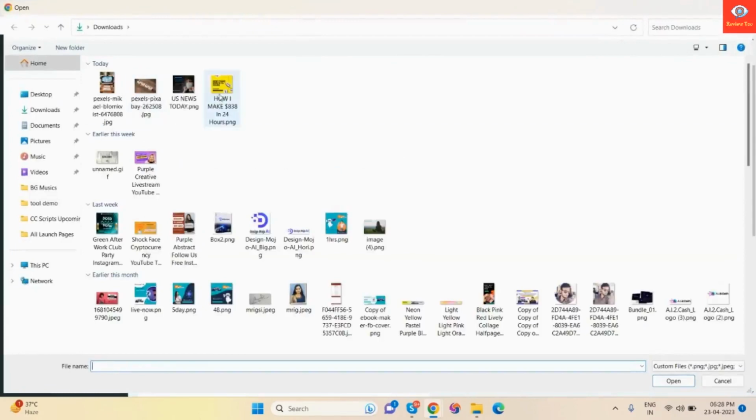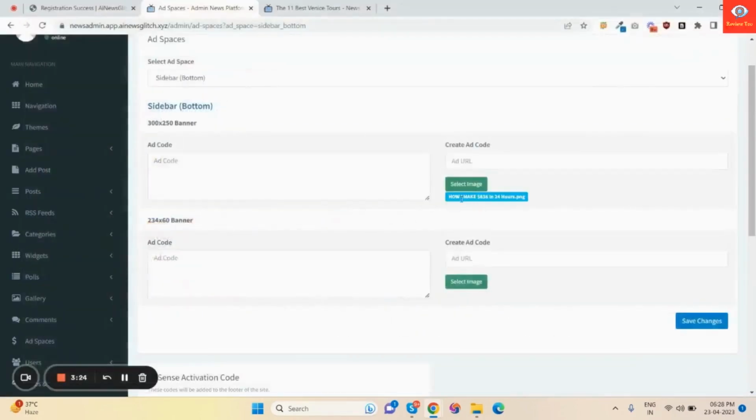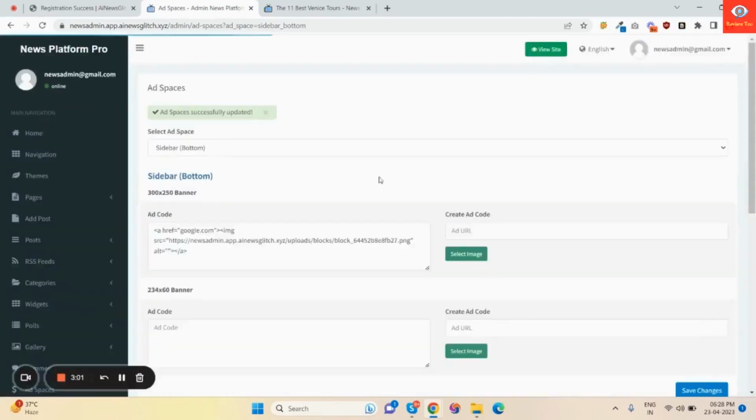I have already created one image, and you can add your affiliate URL here. Like for example, I am adding google.com. As an example, you can add your affiliate link here. So when someone visits your website and clicks on your banner, then you can make money using that. So just click on save changes.